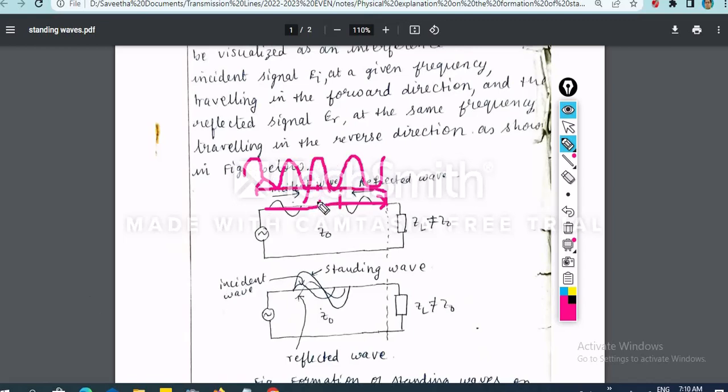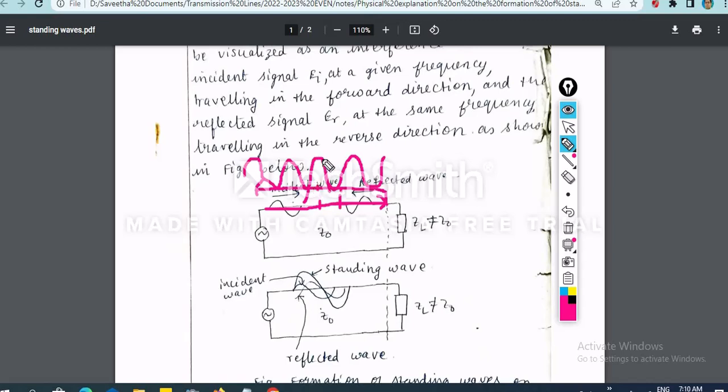Why are they called standing waves? Because the incident wave is moving forward, the reflected wave is moving backward, so the resultant wave is not moving. Yes, of course there is a relative matter here, because if more is incident and less is reflected, the resultant will not be a perfect standing wave. So it depends how much is there. If there is a perfect reflection, full reflection, then incident and reflected waves have the same amplitude, so we get a perfect standing wave.